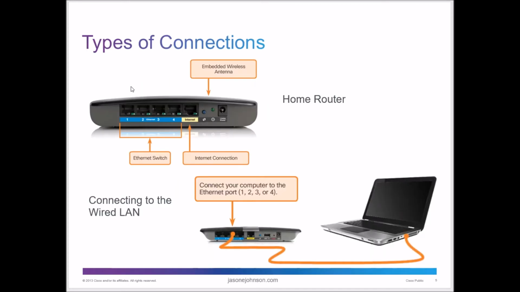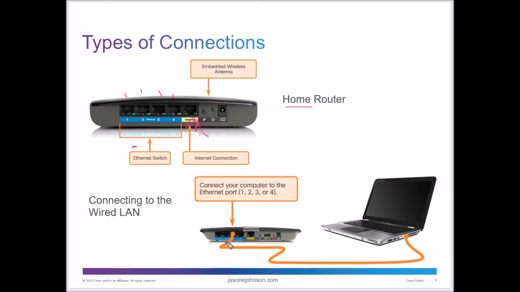On the physical layer connection, we have different types of connections that we can make to a network. With the home router, and this is what we're looking at here, is a little Cisco home router. In fact, I think this is close to the same model I have at my house. And we have an internet connection, which is usually identified by a different color. This one has 4 ports on the back side, which act as a router. So you have your incoming internet, or your WAN side of the network, and then you have your LAN side on this side here.